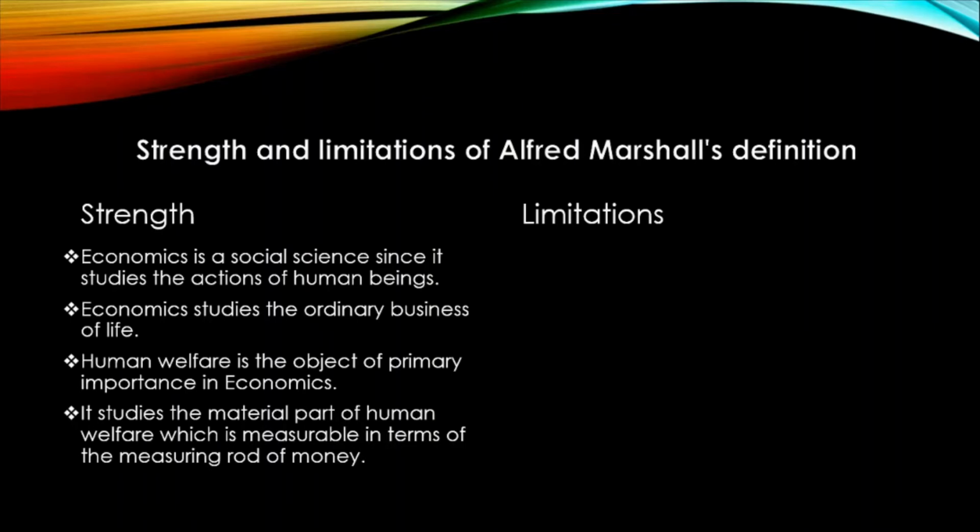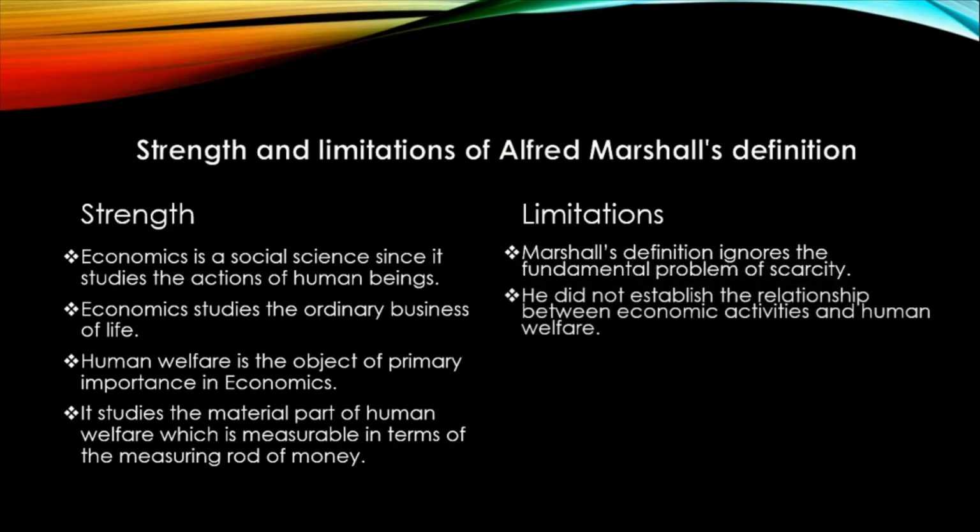So to start with, Lionel Robbins argued that Alfred Marshall's definition ignores the fundamental principle of scarcity, which is the same mistake which Adam Smith also made. The second limitation is that Robbins argued that Alfred Marshall's definition did not establish the relationship between economic activities